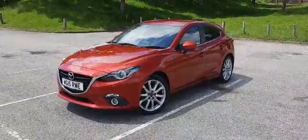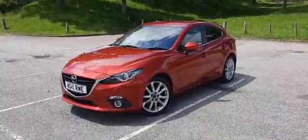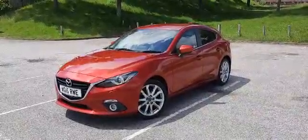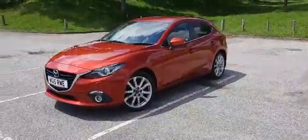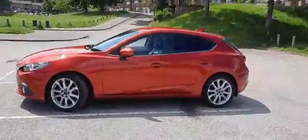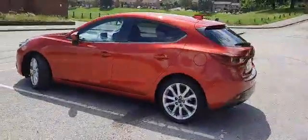Okay, here we have today a car that I collected from our prep centre this morning, a Mazda 3. This is the 165 PS, that's the power output, Sport Nav. Now, this is quite a rare car, but it's the 165 PS. The majority of them were the 120s, okay? And this car also has the safety pack, which I'll go into in more detail when we get inside the